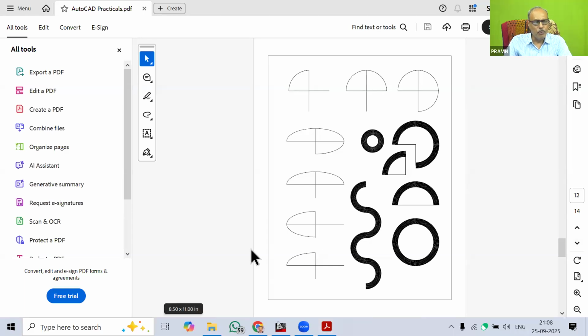So you can type P for proceed in the chat box, so that now I will stop my screen share of this file and we will proceed for the next command. So you can type P for the proceed, so that you have taken the next screenshot of this exercise.